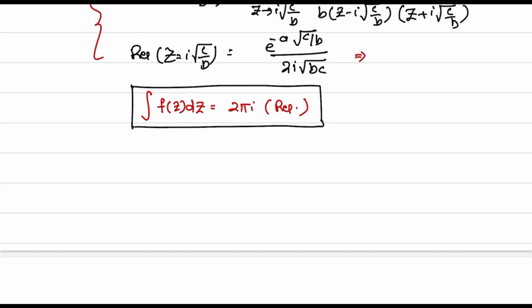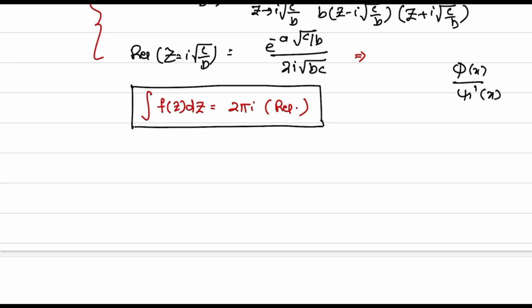Once you correctly find out which residue to be applied, then you can simply find the limit of it, applying the equation, phi x by